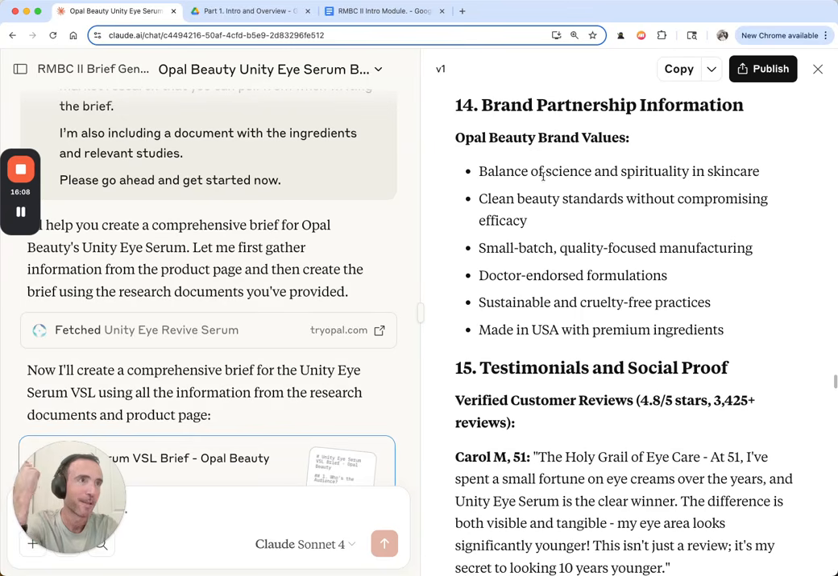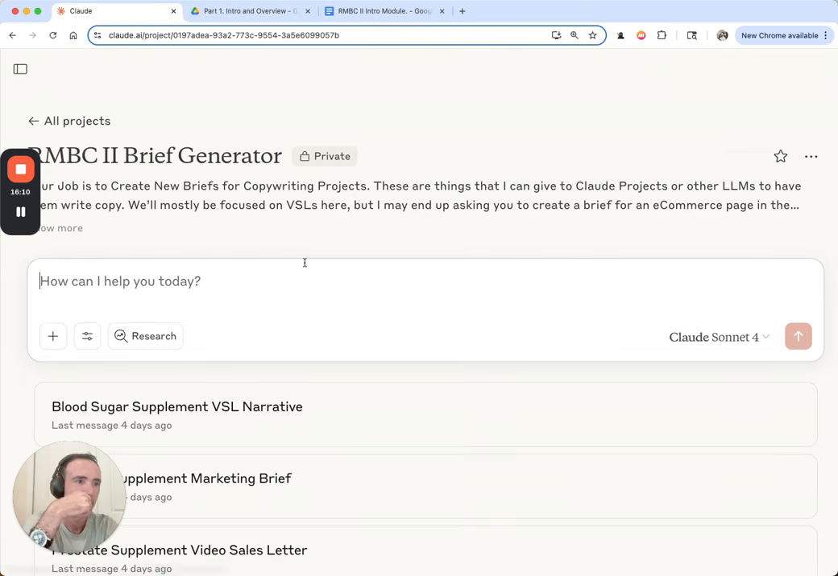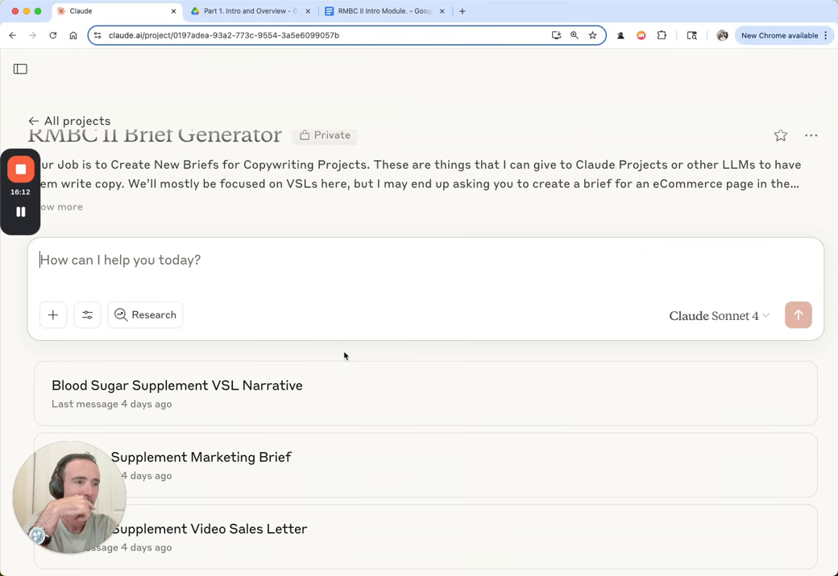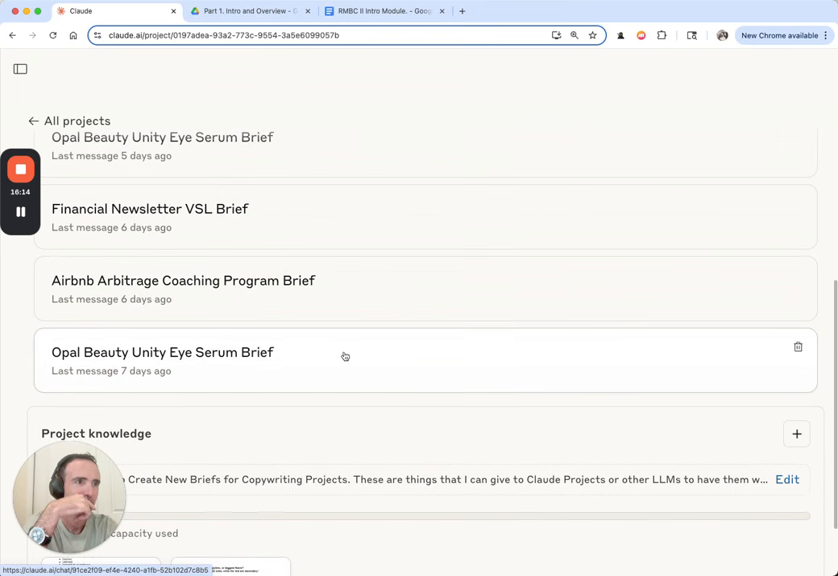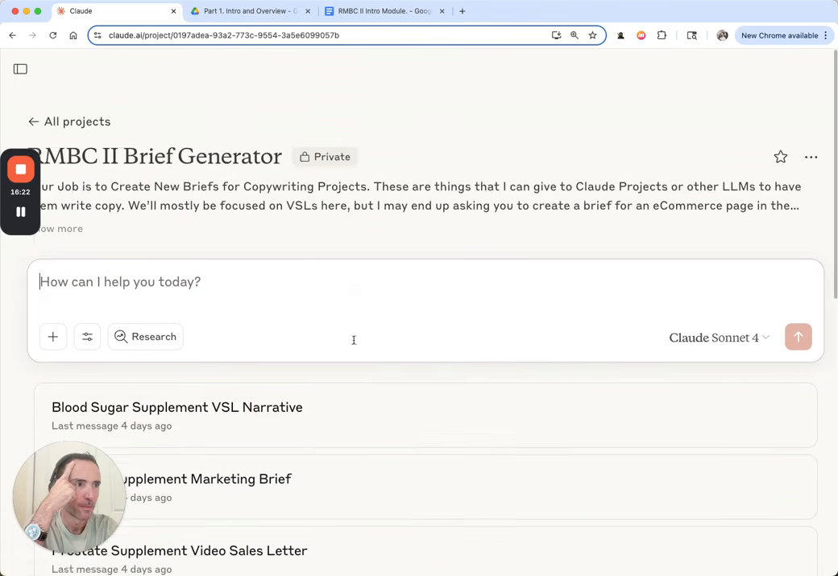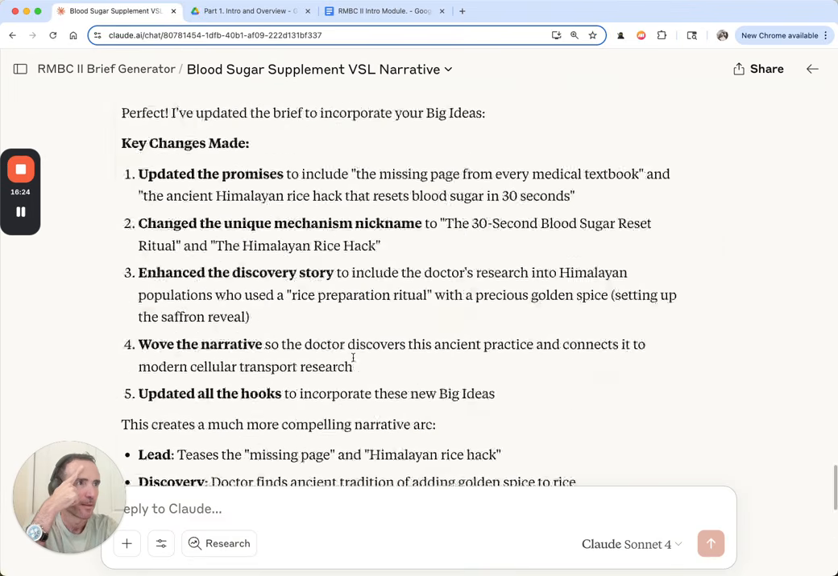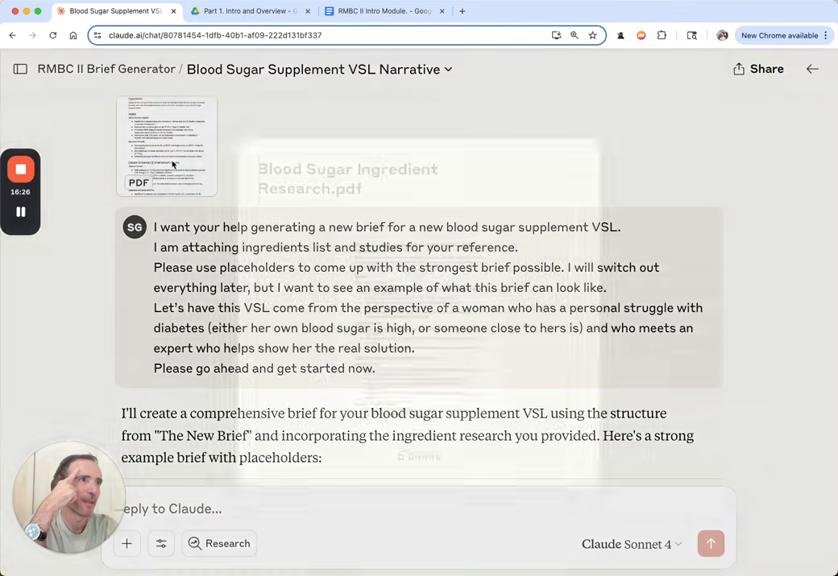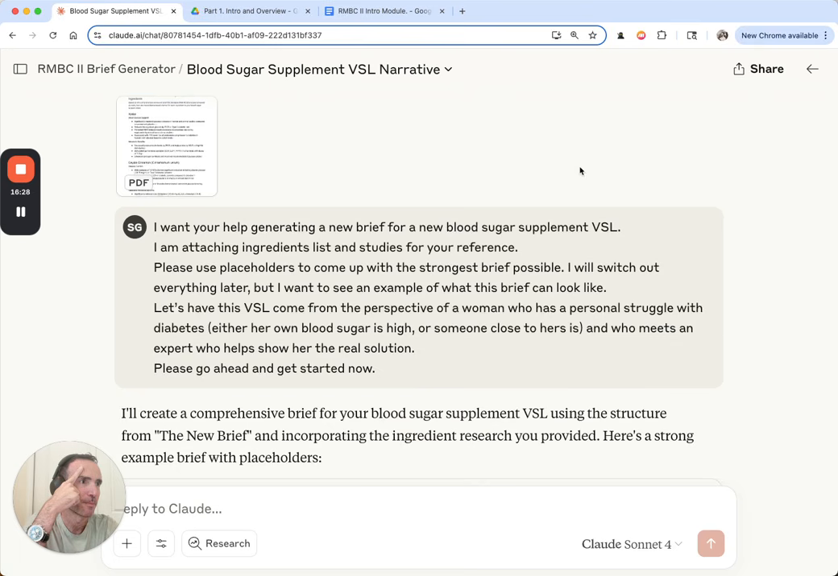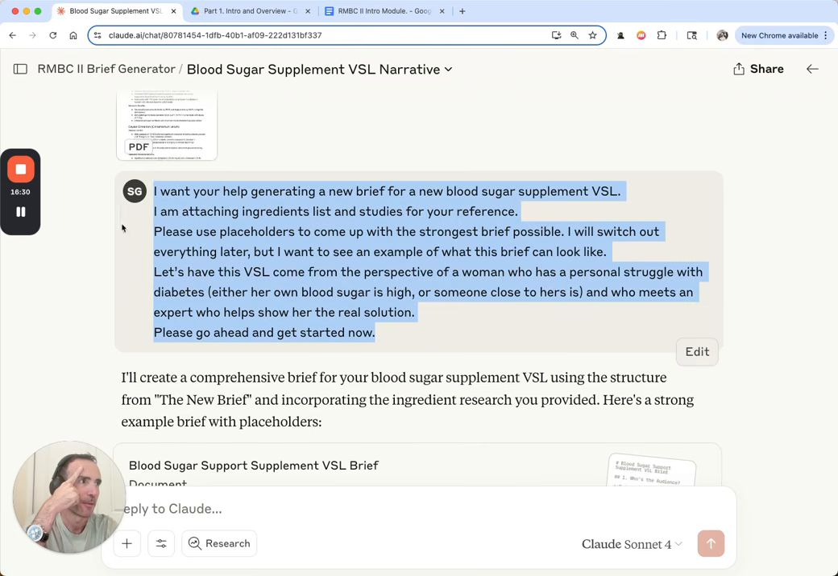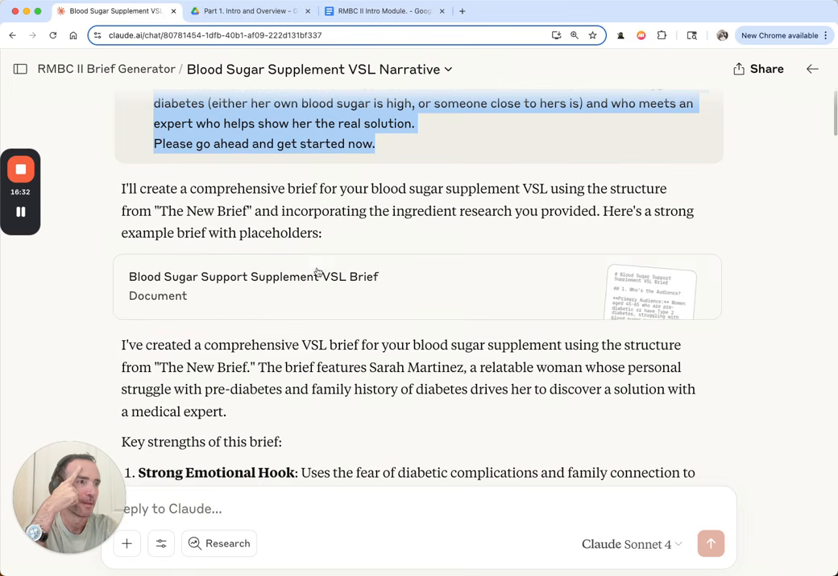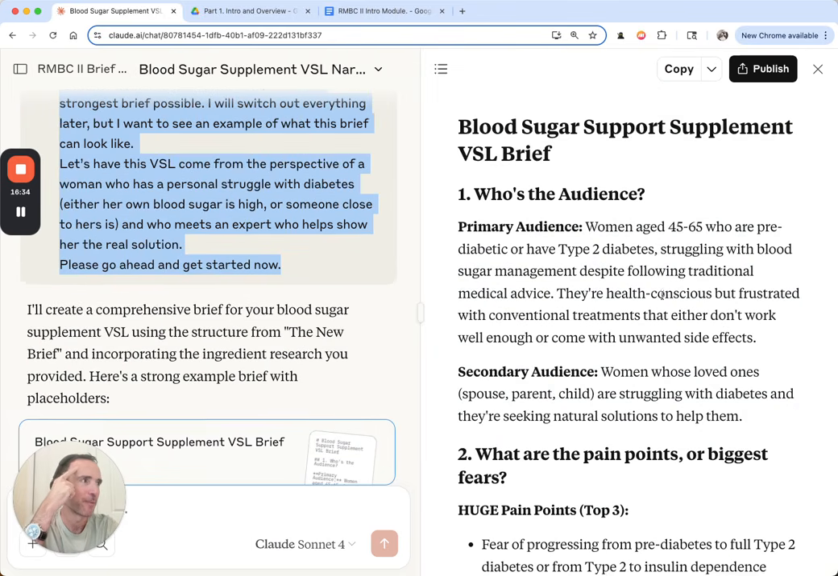Okay? That's pretty cool, right? And what's neat, and kind of crazy, is that in that case you could say, well, you gave it a website. That's true. So let me show you this one. I literally just said, here's ingredient research. Basically, generate a new brief, use placeholders for now. And it created this brief. This first brief